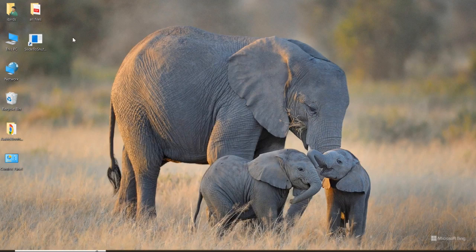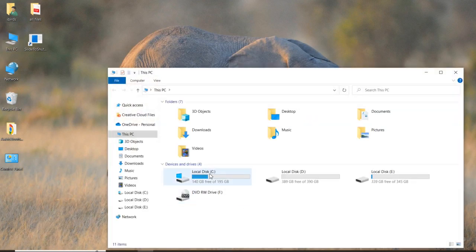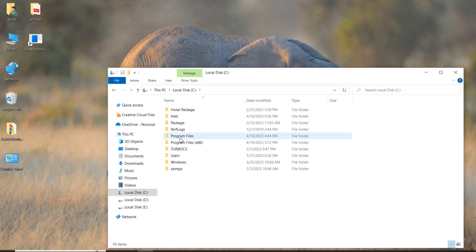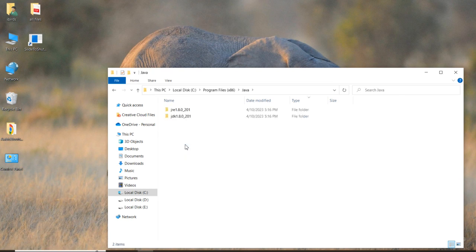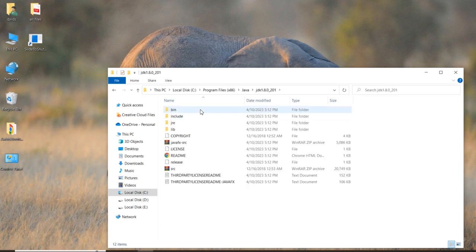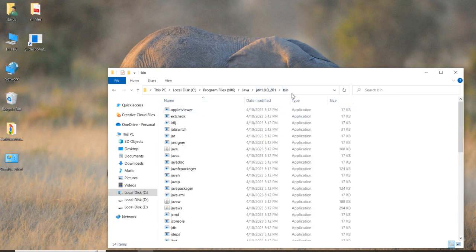So go to This PC, then choose your C drive. Then if you have installed 64-bit, your Java program will be in this folder. If you have installed 32-bit, then your Java folder is here. I have installed 32-bit, so my folder is here. I will click this, then click the JDK, then click the bin, then click here. So copy